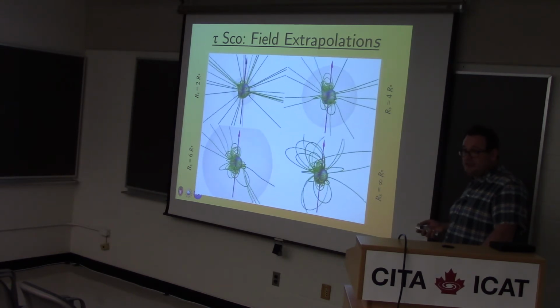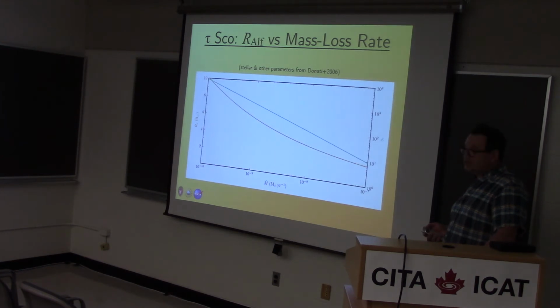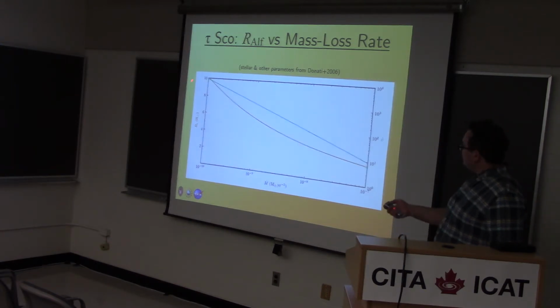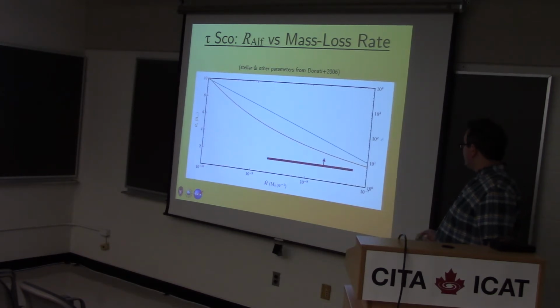So I've revisited this problem recently, and I discovered that the mass loss rate for Telesco, the published values in the literature, have a large enough spread that there's actually quite a lot of uncertainty in the location of the source surface. So this is a graph of the source surface radius as a function of mass loss rate in solar masses per year. And this is the range of mass loss rates that have been published for the star. So this is the mass loss rate that was assumed for that original reconstruction I showed you, and it gives us a source surface at a little over 2 stellar radii.